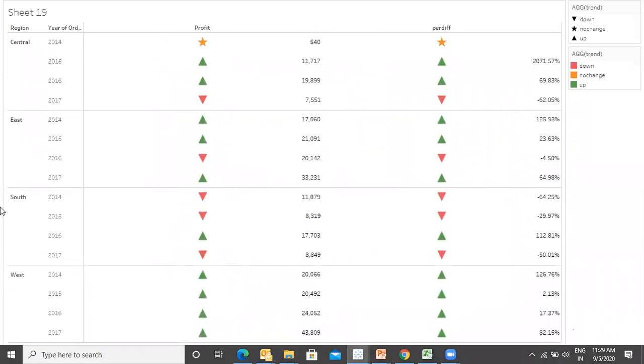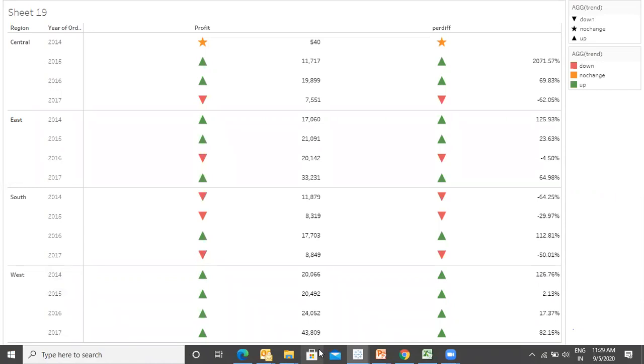Now it is. So we started in 2014 and now we are getting it compared. What was the trend? Okay, West region is actually good. If you see West, they are continuously up. There is no down in West. There is continuously up. In the rest of the regions, there are ups and downs. Is this point clear?